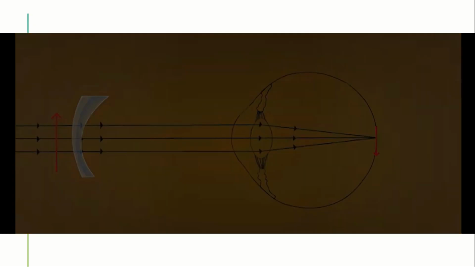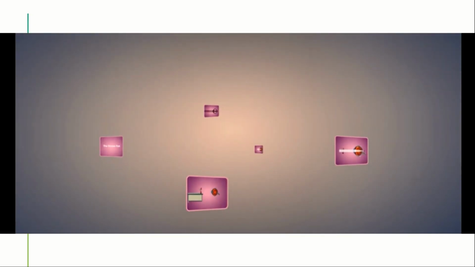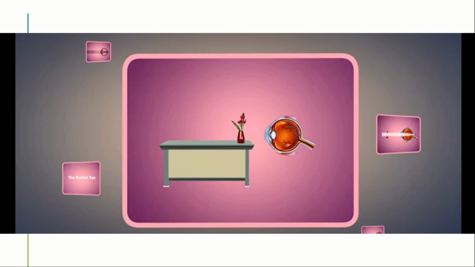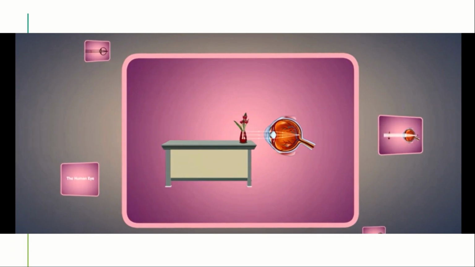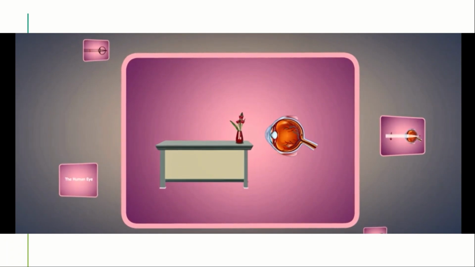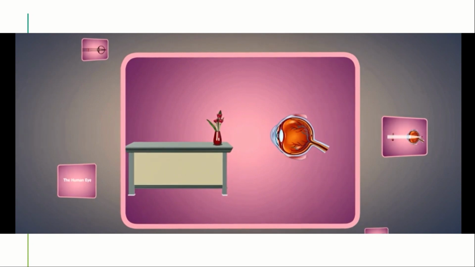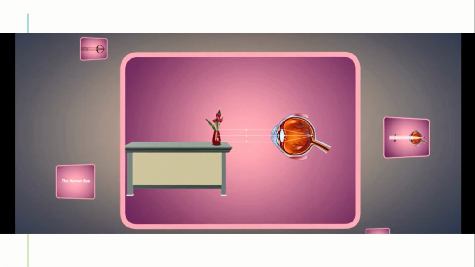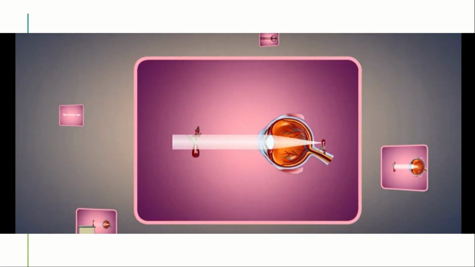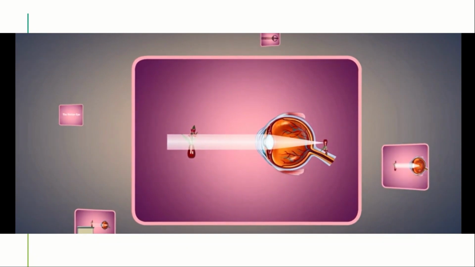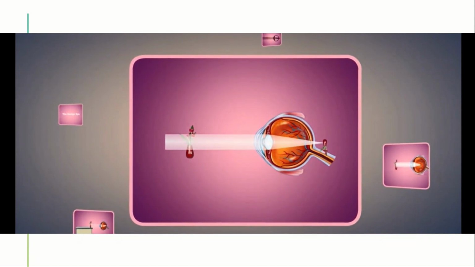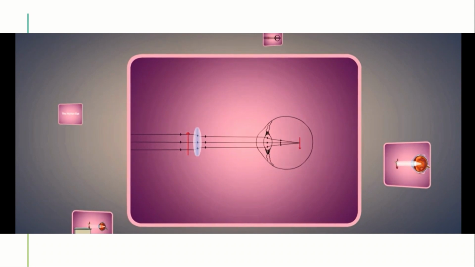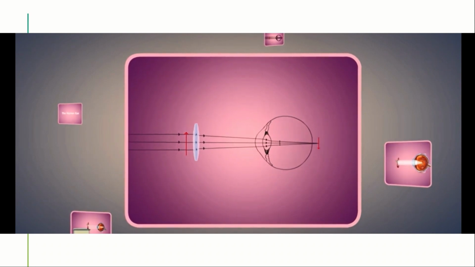Let us have a recap. Things to remember. The ability of the lens of an eye to see the near and distant object by adjusting its focal length is called power of accommodation of the eye. In hypermetropia, nearby objects cannot be seen clearly. This can be corrected by using a convex lens of suitable focal length.